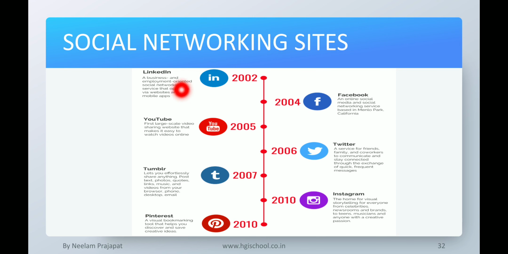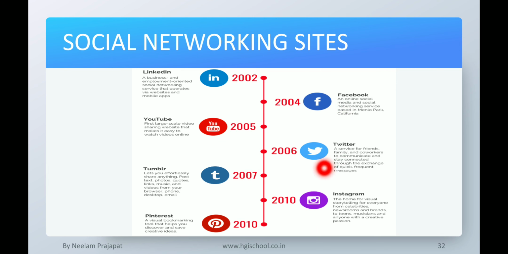Some social networking sites you can see: LinkedIn, which is used for business purposes also. Then YouTube, where we can like, share, and comment on someone's video and post our own videos. Facebook, an online social networking site.